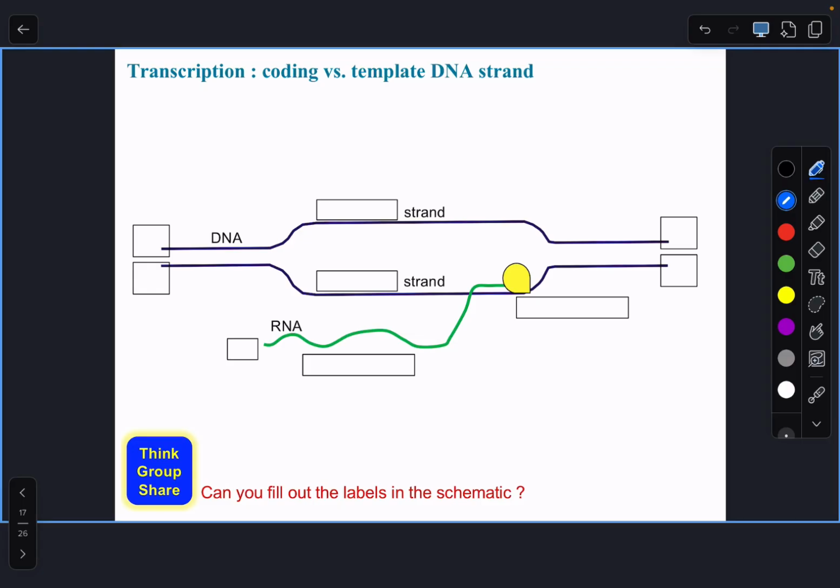So let's go somewhat in order. What's this yellow blob thing? RNA polymerase. RNA pol for short. You'll see in textbooks, on my slides, and all kinds of sources. Polymerase abbreviated as POL, RNA polymerase. Good. What is this green molecule here labeled RNA? What kind of name does it have? It's RNA, sure, but mRNA, right? Is it ncRNA? It could be either, right? It could be a messenger RNA or a non-coding RNA.